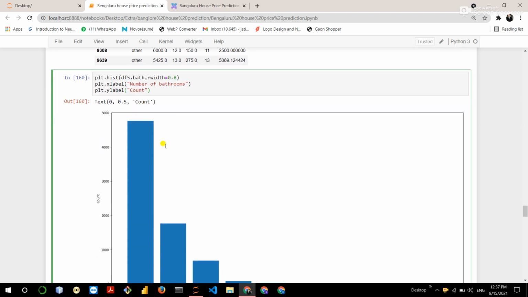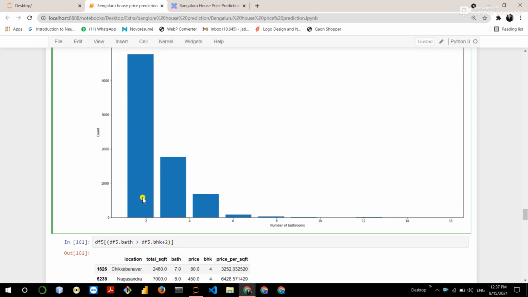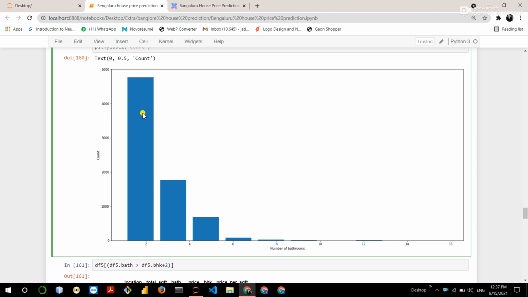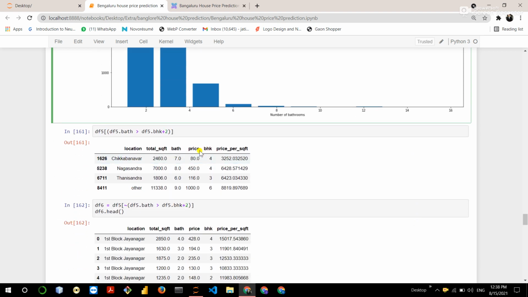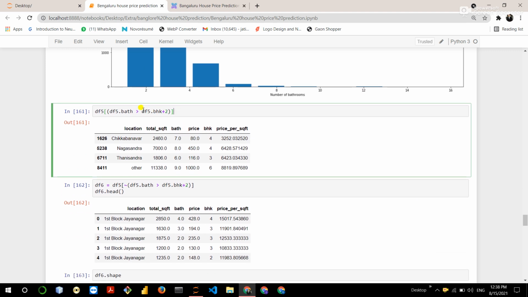Now visualize that the dataset contains approximately 2 baths, then 4, 6, 8.